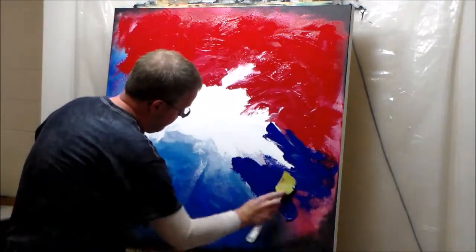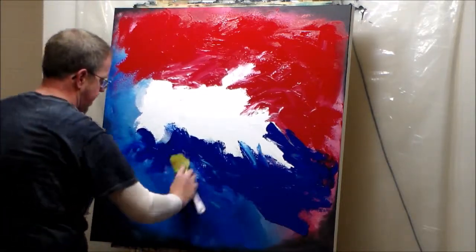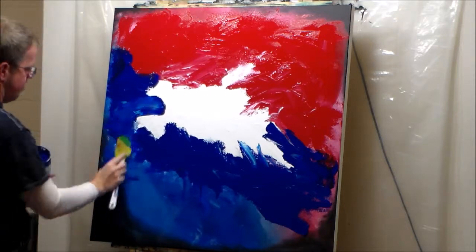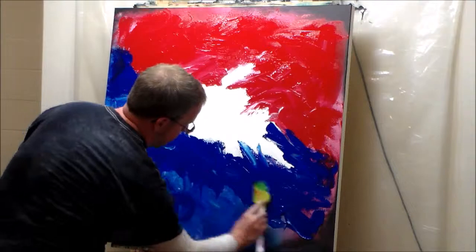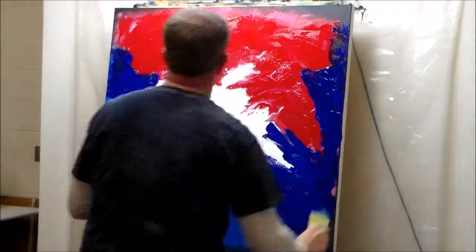So adding a new layer of these colors just straight out of the jar without any sponge blending, that gave me the boldness I wanted. And here I'm adding some blue. I'm overlapping a bit and getting some ideas of where I'm heading. Still just thoughts in my head, not really anything